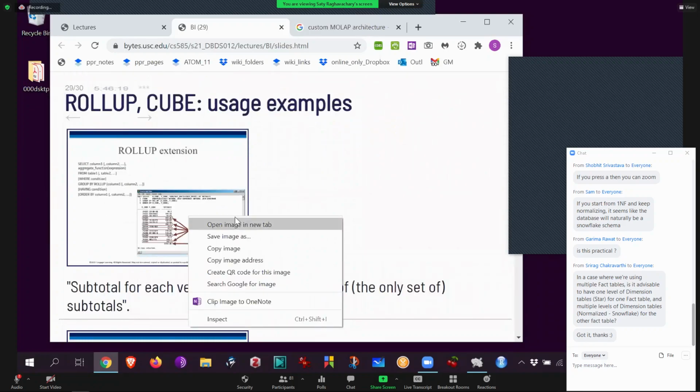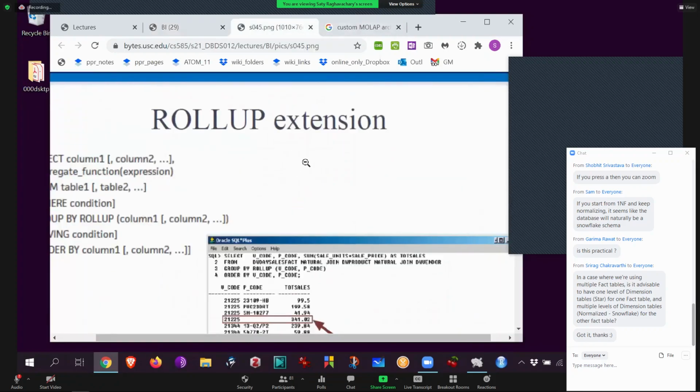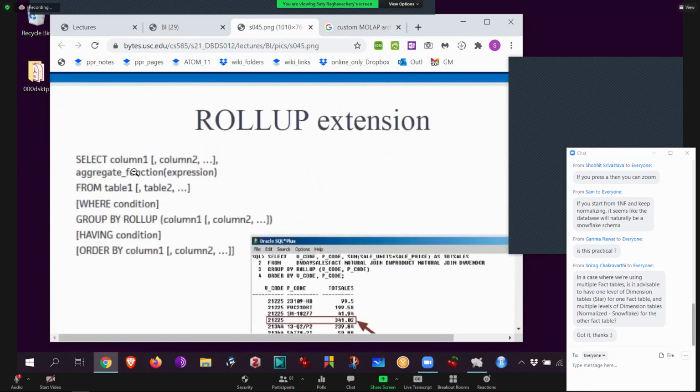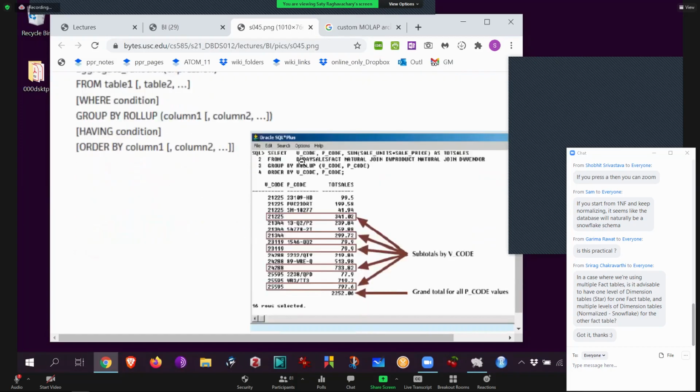Now I'll actually magnify it, is worth looking at it. Okay, so what we say is pretty simple. The syntax is exact same thing. Select a bunch of columns, from a table, bunch of tables, where the condition that I want, group by rollup, and a certain bunch of columns. And then having is further to restrict that. You already know that. Ordering is a visual ordering. The main thing is group by rollup, column 1, column 2, column 3. This is going to be the first column to cut, second column to cut, third column to cut. Last column will not be cut, like this.